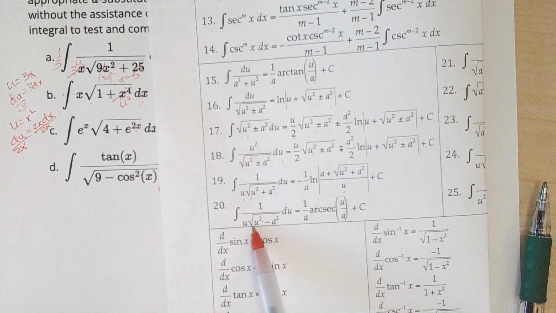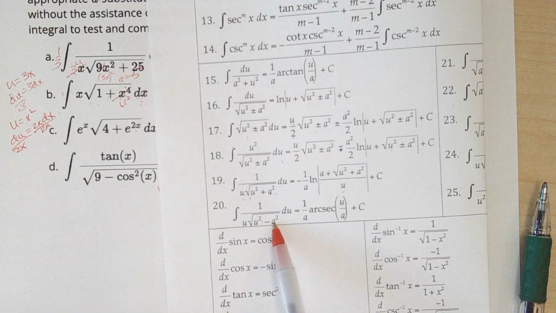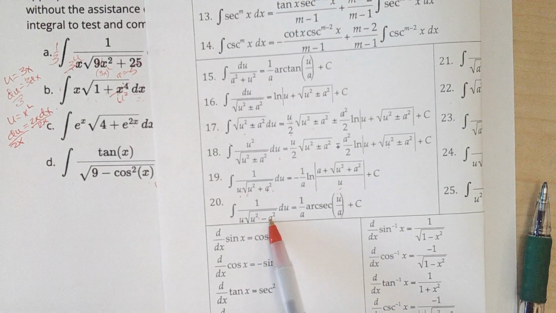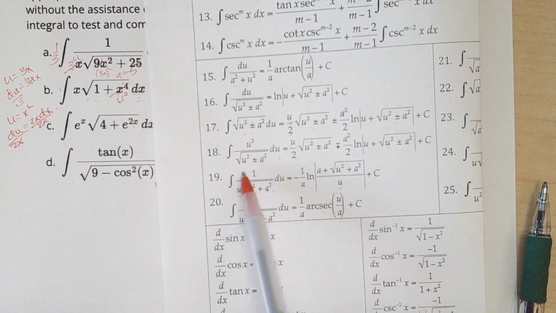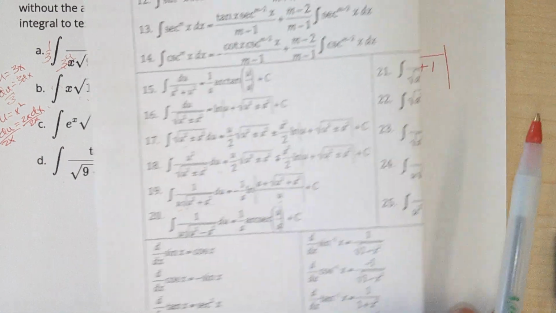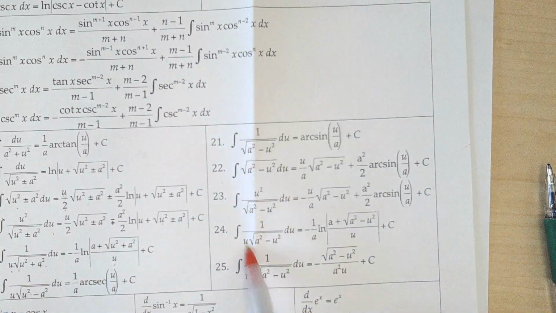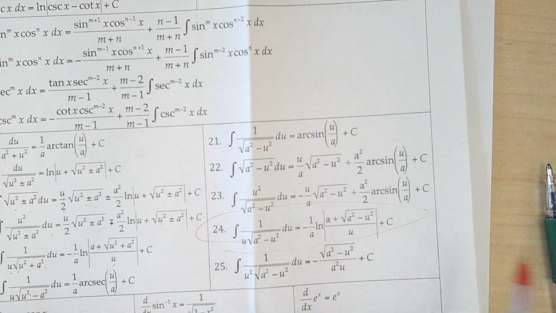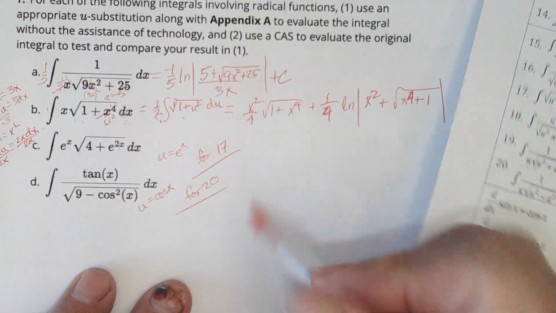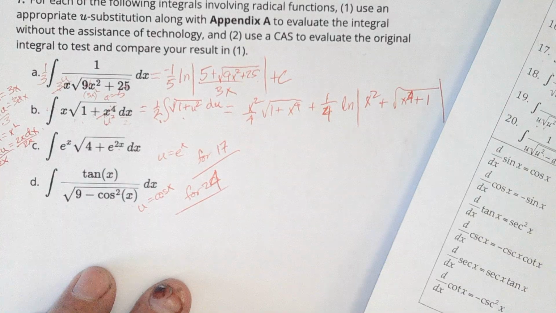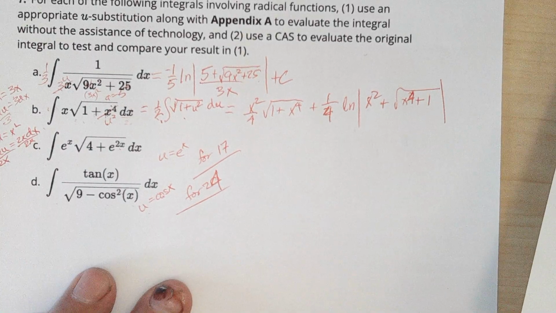That's backwards. This 20 is not u squared minus 9. We need 9 minus u squared. Not that one. 9 minus 24. So not 20, but 24. Okay,